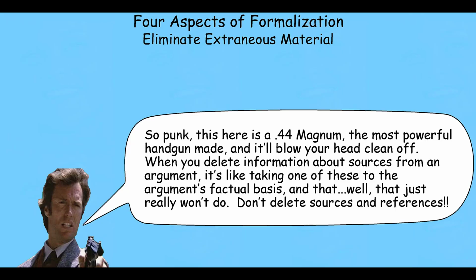One example of eliminating material that's actually important but may seem extraneous is when students will oftentimes eliminate information about sources, the authors, for example, or sources of data. Whenever somebody introduces something and cites a source, that source is part of the information in the argument. It helps the consumer of the argument to assess the likelihood that that bit of information is reliable or true. So if somebody's making an argument in economics and they cite an economist, you want to note